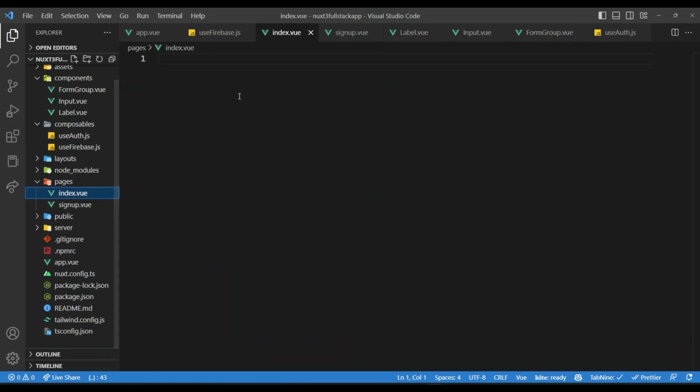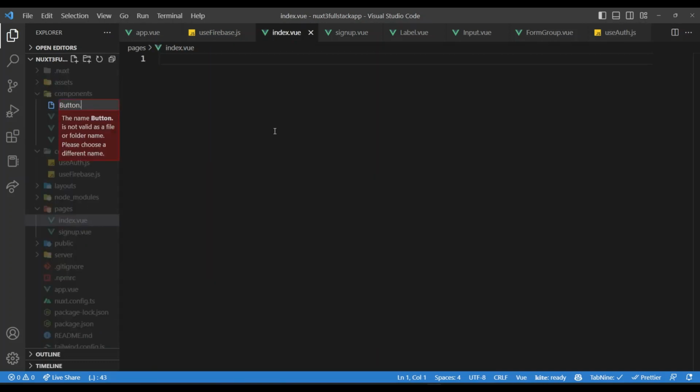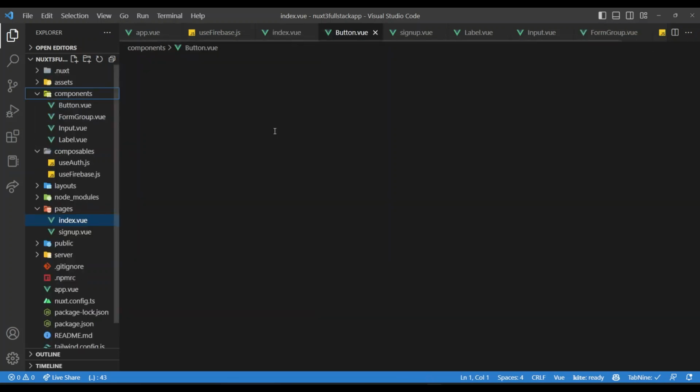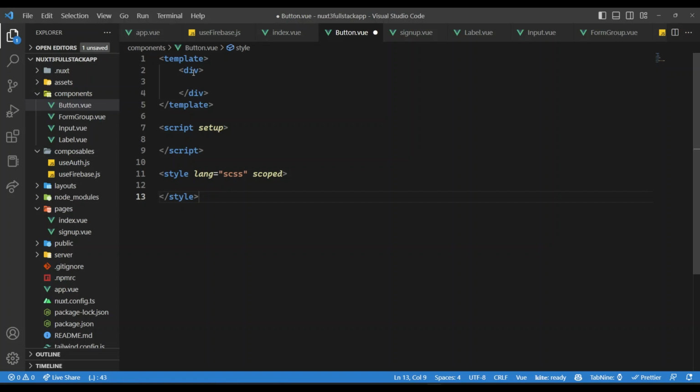Now it's time to get this form and everything over here. We also need a button actually. How can I forget that? Button.vue. And here we will have Firebase. Again, button. This can go. And here we have v-bind